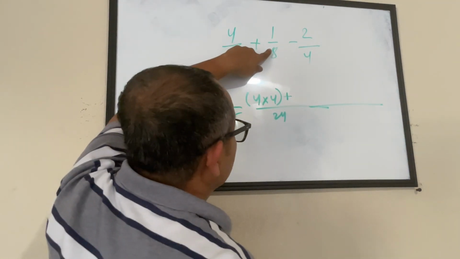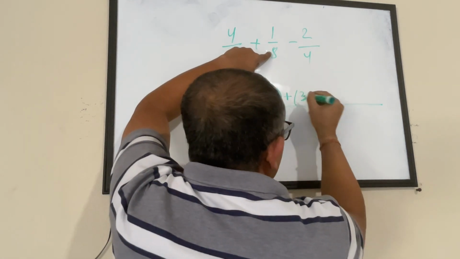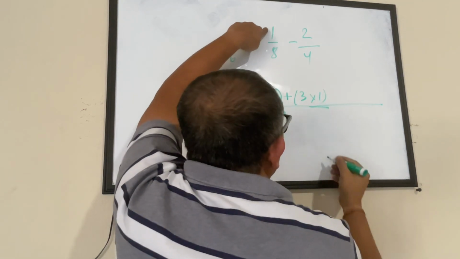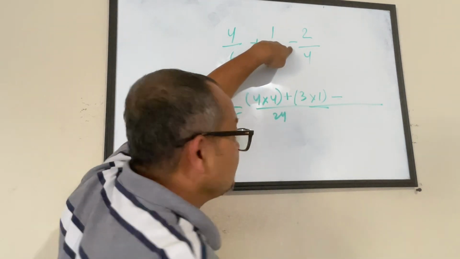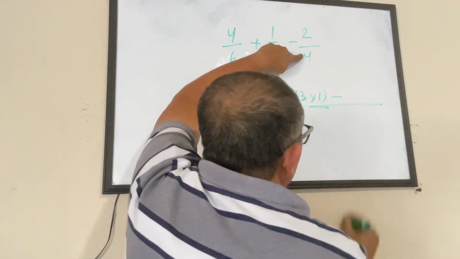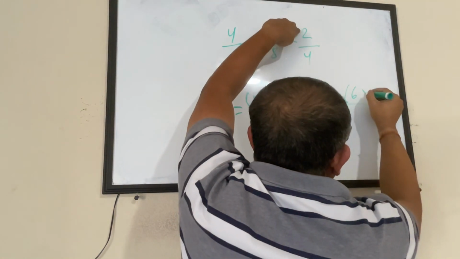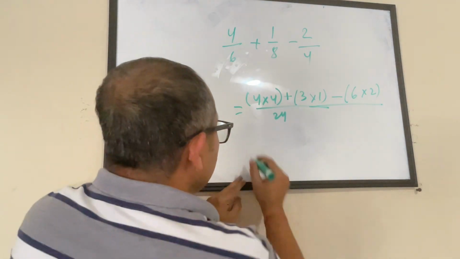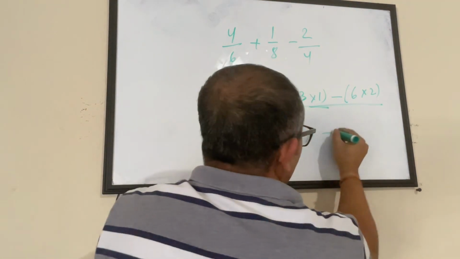Now look at the second fraction. How many times of 8 gives me 24? 8 3s are 24. Right? 3. What is there in the numerator? Only 1. I'll write 1. Then what is the sign? I have a negative sign. I'll put a negative sign. Look at this 4. How many times of 4 gives me 24? 6. What do I have in the numerator? 2. So this becomes 4 times 4 is 16 plus 3 times 1 is 3 minus 6 2s are